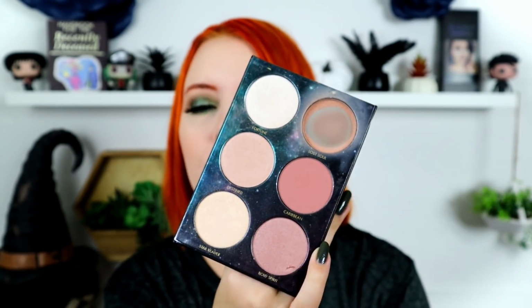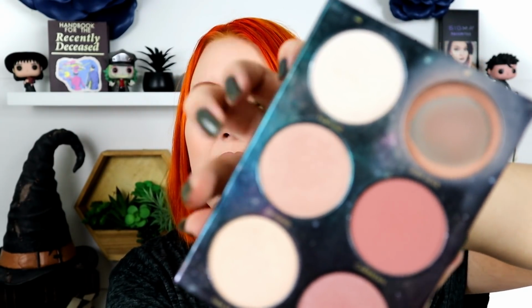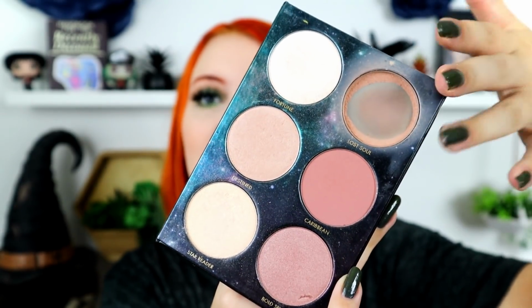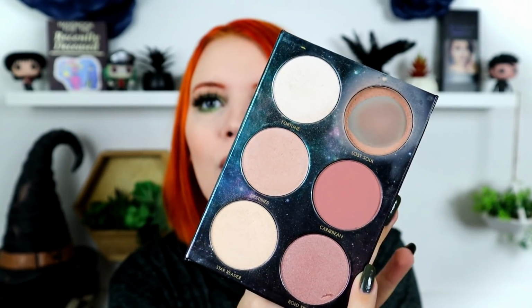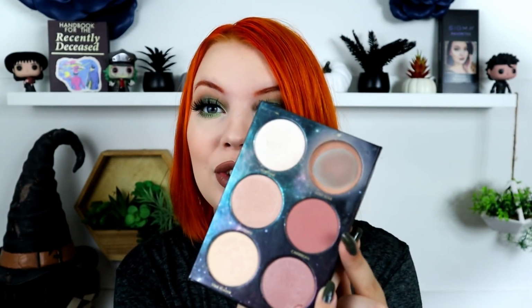The highlighters are so pretty. These are just really wearable colors. This color is a little bit dark for me to be a regular highlight, but I can mix it with this more yellow one or this more white one, and it's absolutely stunning. So I absolutely love the contour color in here, clearly, but everything else works so well, and I'm really happy with it. This blush tone is so muted and pretty that I love it. So yeah, I love this, and I'm gonna keep holding on to it for the end of